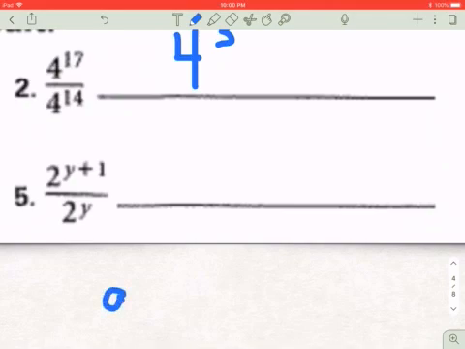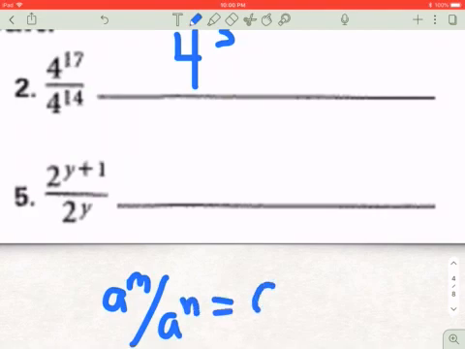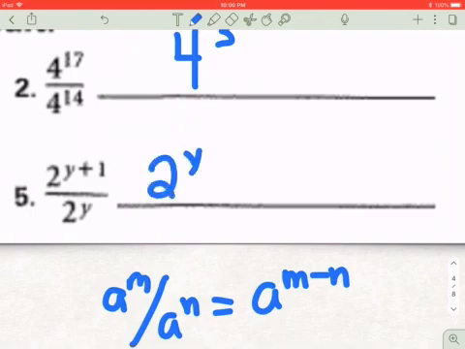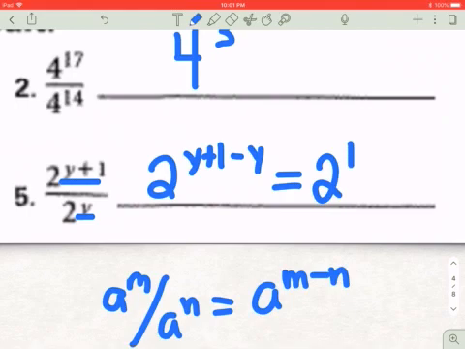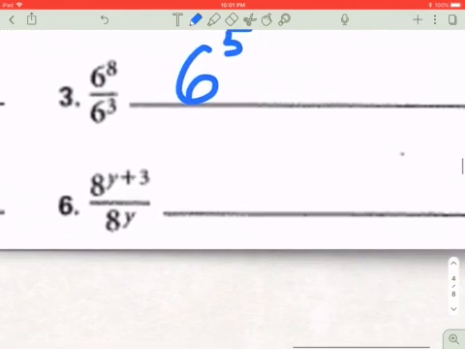Remember, when we have the quotient rule of a to the m over a to the n, that's just the same as a to the m minus n. So my base stays the same, and I just have y plus 1 minus y, because I take my exponent in the numerator and subtract it from the exponent in the denominator. I'm left with just 2 to the 1 power, because my two y's cancel each other out since I have y minus y. Same thing here, I'd have